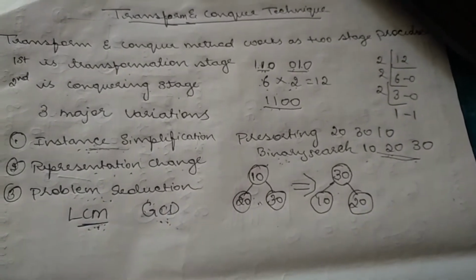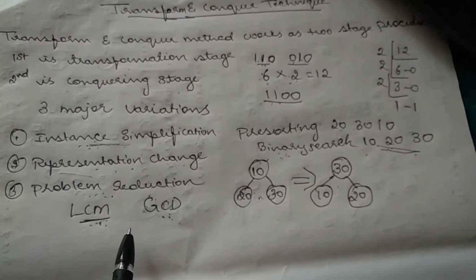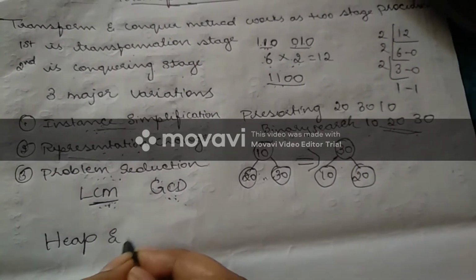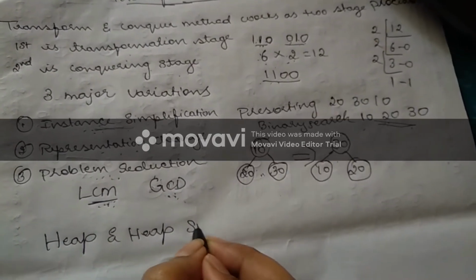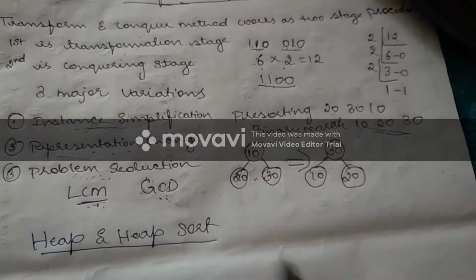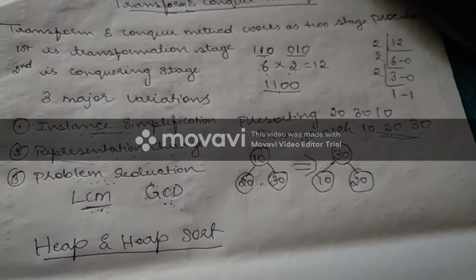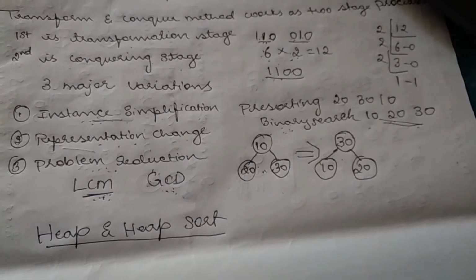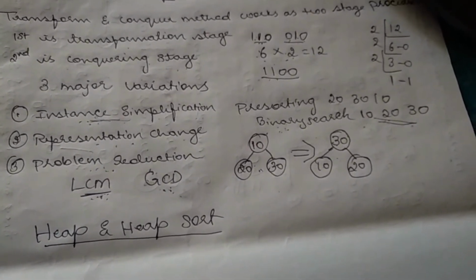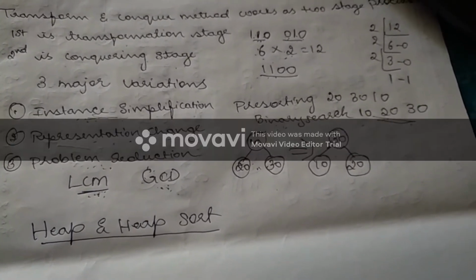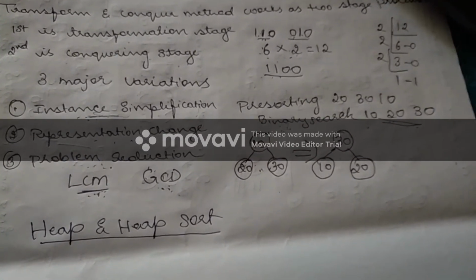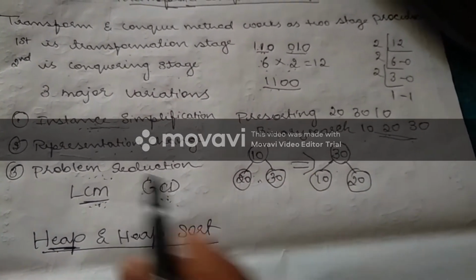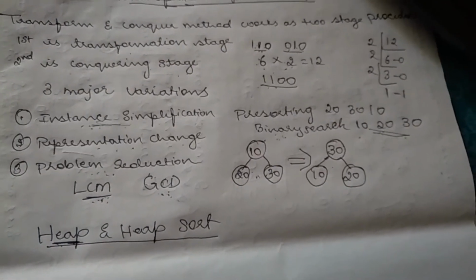Okay, fine. Now in this transform and conquer technique, we are going to study heap sort. Heap and heap sort is the main thing we are going to study with respect to the transform and conquer technique. Now let me see what you mean by heap first. You know binary tree, complete binary tree, AVL trees, all those things you know. What do you mean by a heap tree? First we see what a heap tree is, and then we'll go for heap sort, that is the next method.